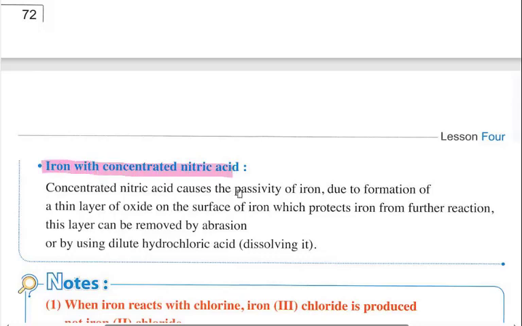It makes what is known as passivity. Passivity of iron means that nitric acid, a strong oxidizing agent with a strong oxidizing effect, oxidizes the iron atoms on the surface of the iron. These oxidized iron atoms make iron oxide. These iron oxides make a layer over the surface of the iron and prevent further interaction between the iron and the environment. So this layer makes a barrier that protects the iron from further reaction with the environment,